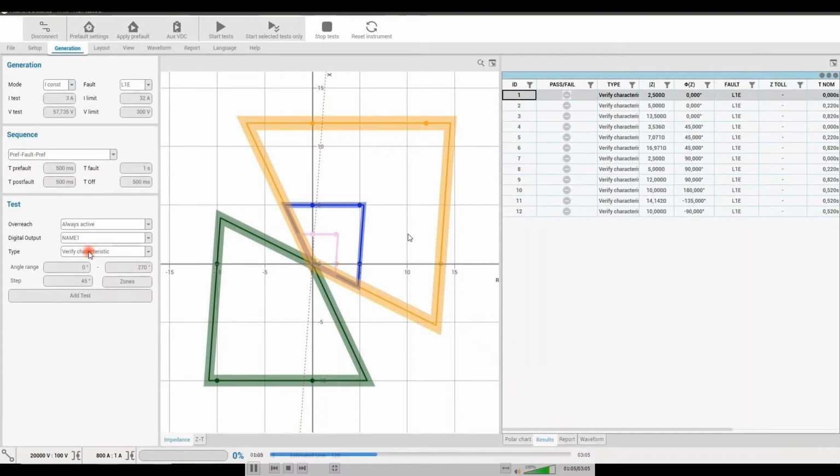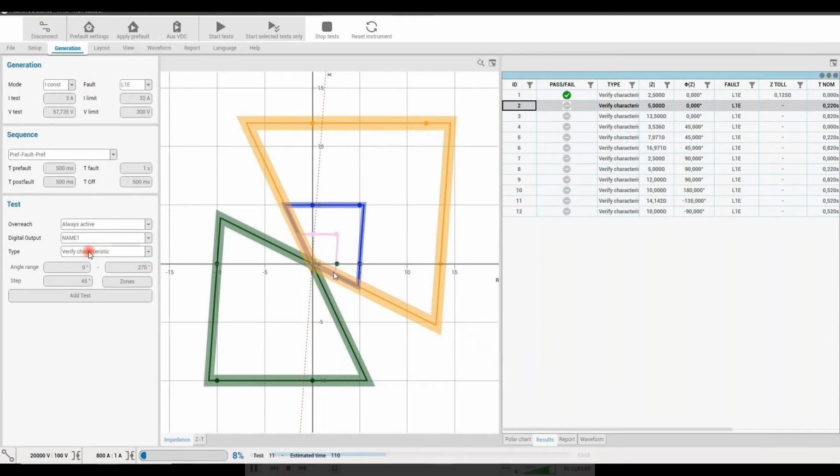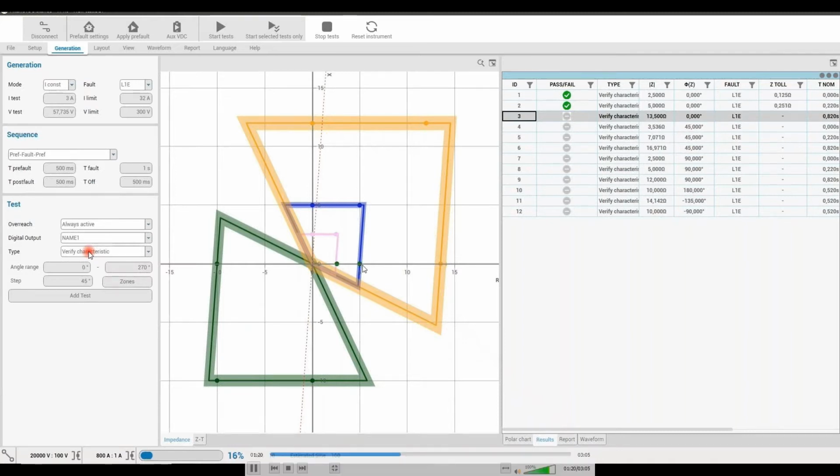Okay, the test has been started. So I hope you can see there is a blinking cross here that gives you the indication where the characteristic is being tested. The algorithm is performing a test around this position, a little bit above and a little bit below the border. It's important to highlight the fact that the direction in which these tests are performed is perpendicular to the